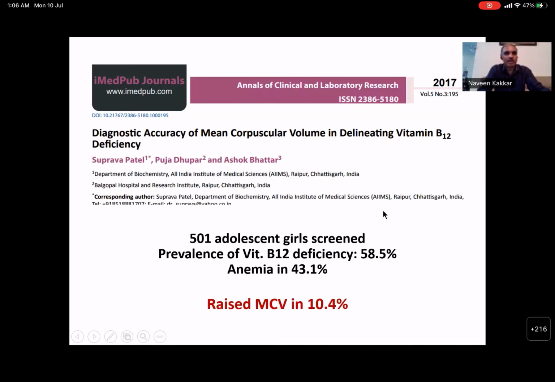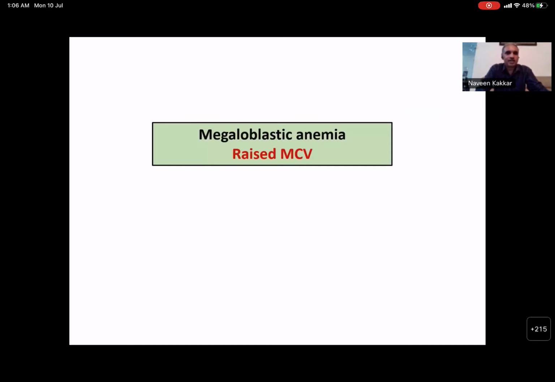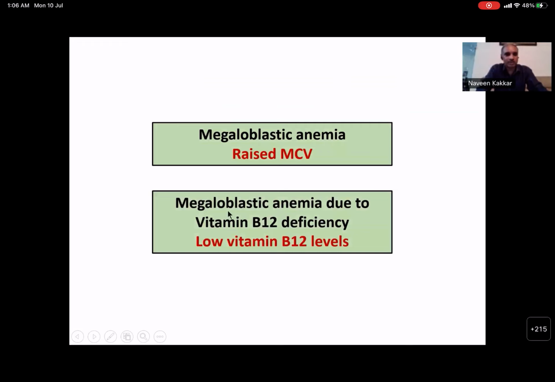So what is our impression? Macrocytic anemia, megaloblastic anemia: you may not even have a high MCV in 90%. The MCV was not high in 90% of these cases, and they were B12 deficient, half of them with anemia. So the important points to remember, I'll recap in two sentences. We think megaloblastic anemia always has a raised MCV, and we also think that megaloblastic anemia due to vitamin B12 deficiency has low B12 levels. Both of these are now questionable, which means you can have megaloblastic anemia with normal MCVs, and you can have normal B12 levels and still have megaloblastic anemia. That's functional deficiency, in which methylmalonic acid and homocysteine levels will help you much more. So all I'm trying to say is megaloblastic is not that